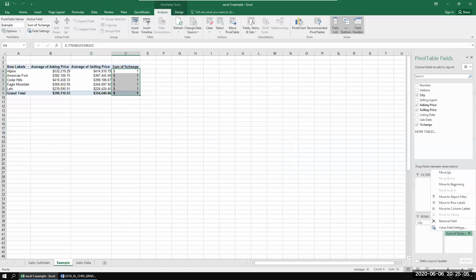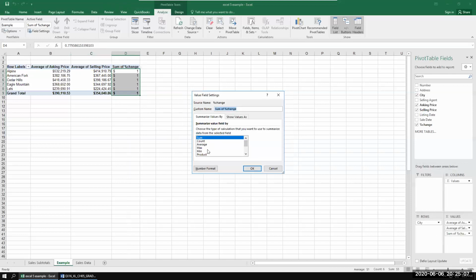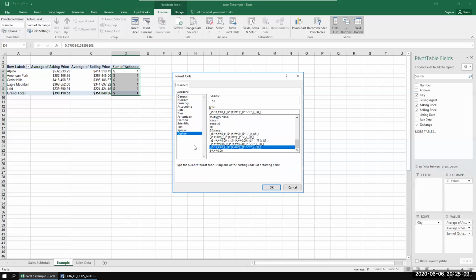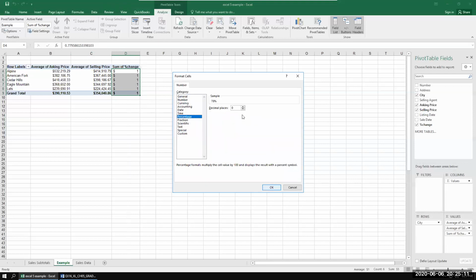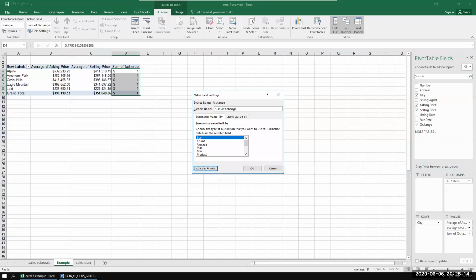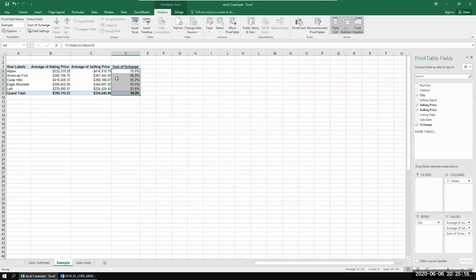We'll do it here, down here, in the value field settings. And we will change our number format to a percentage. And let's do 1 decimal point, what the heck. And so here we see what percentage of the selling price they got when they sold it, right? Or the asking price. Very similar to what we did in last